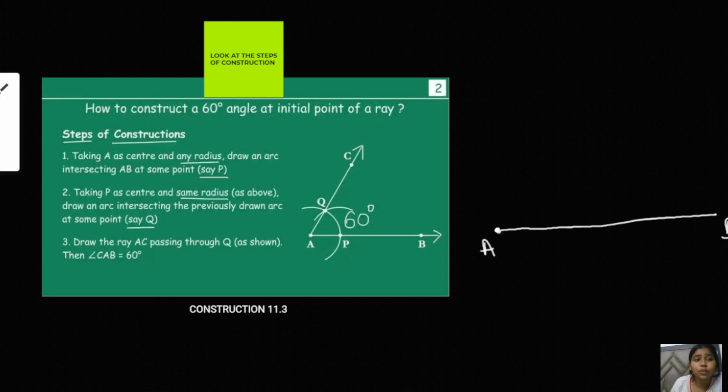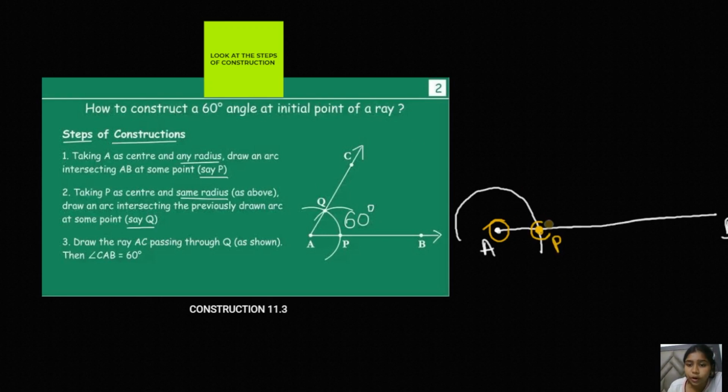So first of all we just have to put the pointer at point A of the line segment, and then draw the arc. Putting the pointer at A, opening the compass at any distance, you just have to draw an arc like this. Am I right? This is the arc drawn. Okay, so this is the point. Let this point be P, where this particular arc intersects the line segment.